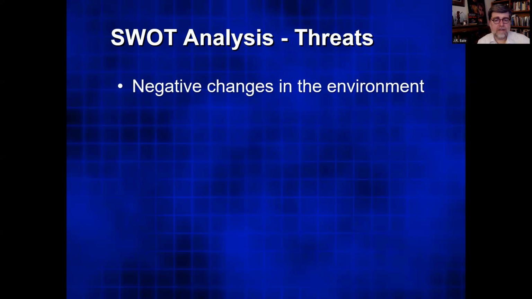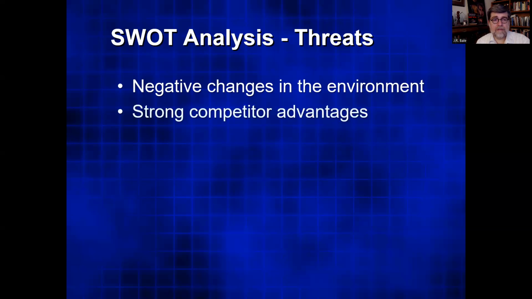The bad economy. Certainly, the pandemic was a very negative change of environment for barbers and hairdressers and restaurants and very personal service type businesses. There you go. If you have a competitor who has a strong advantage over your product, that's a real threat. So you better figure out how to improve your product to eliminate that competitive advantage that they have. There's also market saturation. Sometimes there's so much product out there, you really can't grow very much, and that's a problem.